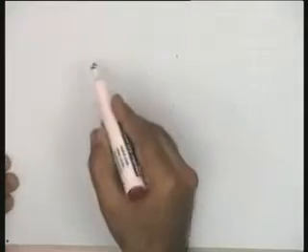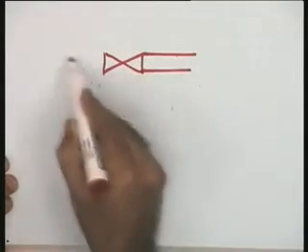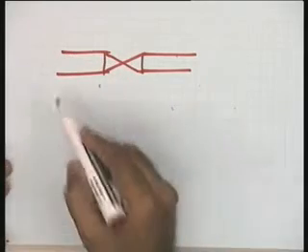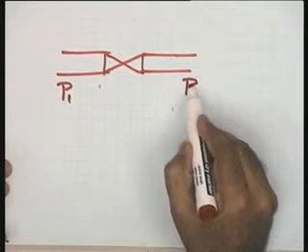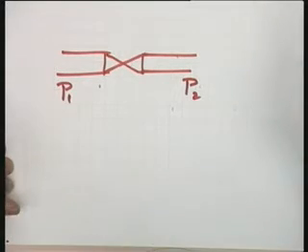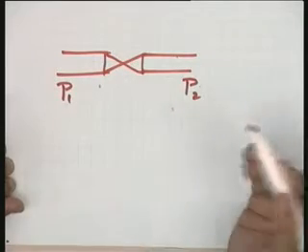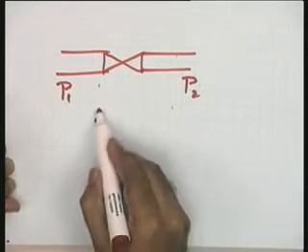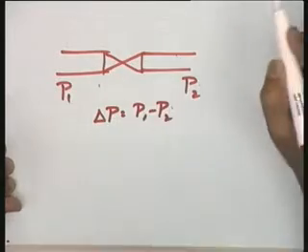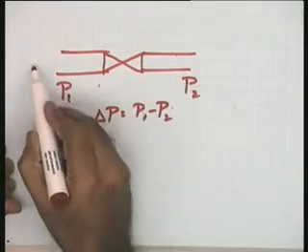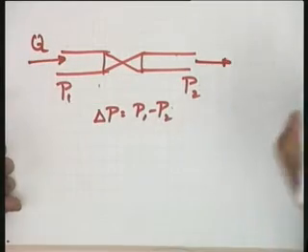Fine. So, let me take now this situation, and let me say on one side of the pipe the pressure is P1, and on the other side of the pipe the pressure is P2. So, the net differential in pressure across the pipe is P1 minus P2, and let me call this del P is equal to P1 minus P2, the net pressure differential across the pipe, and let me say that Q is the flow rate through the pipe.